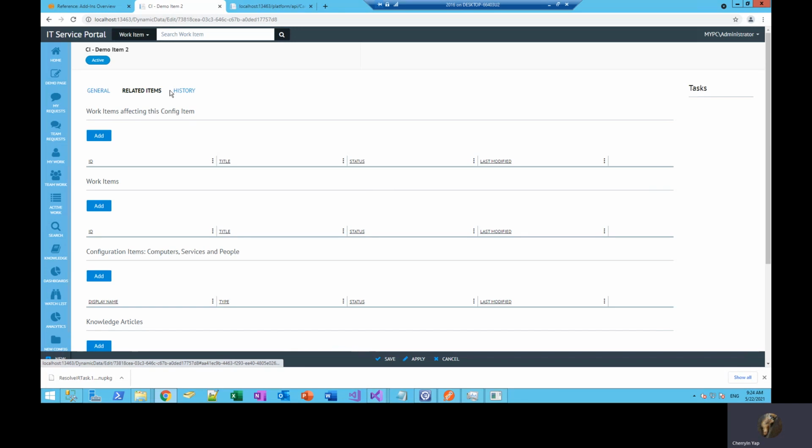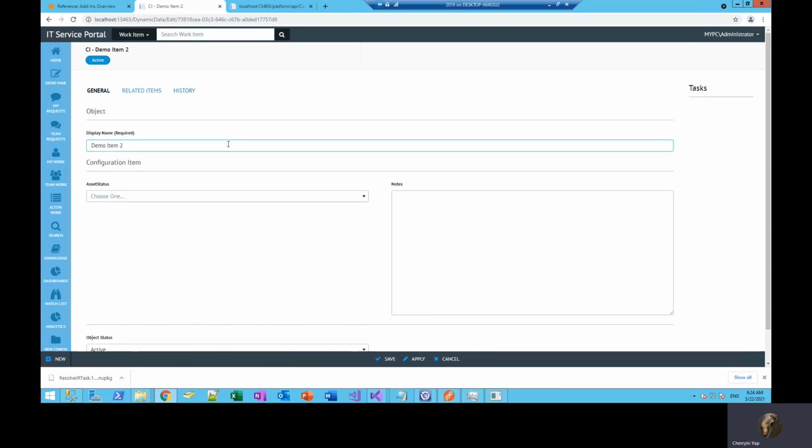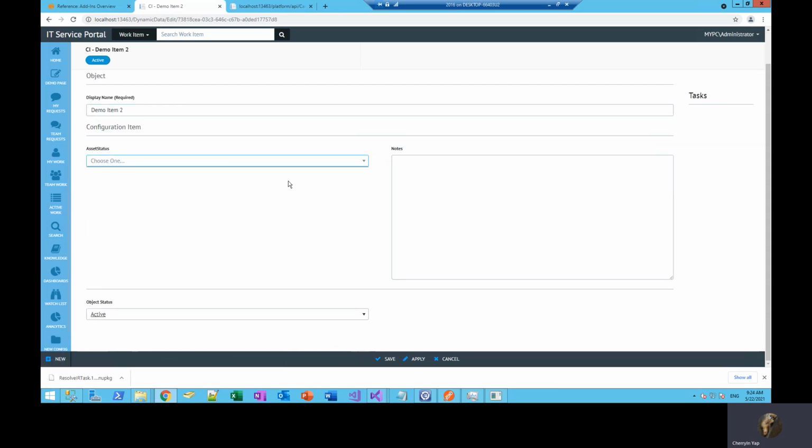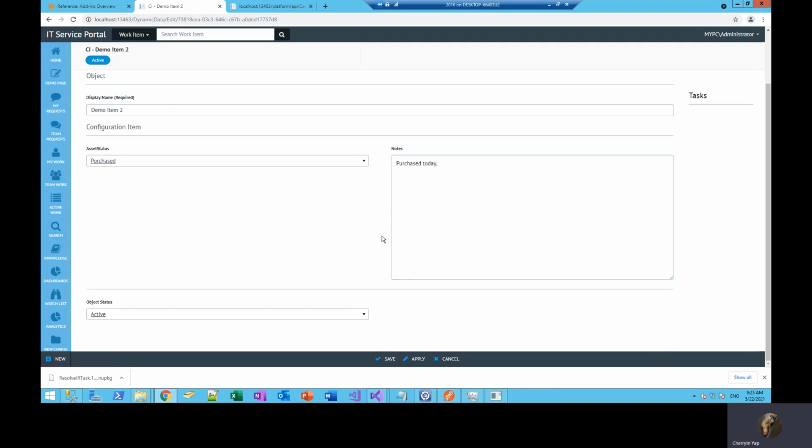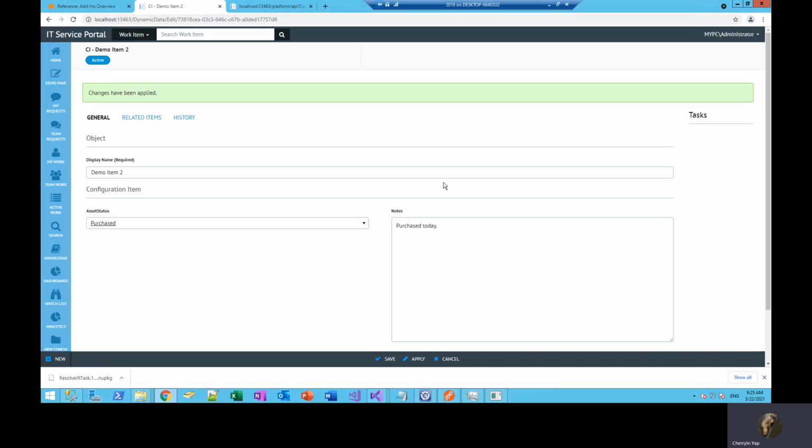We've patterned it that way so you can update your item from here. You don't need to go to the console to do so. So that's basically how the dynamic data experience works.